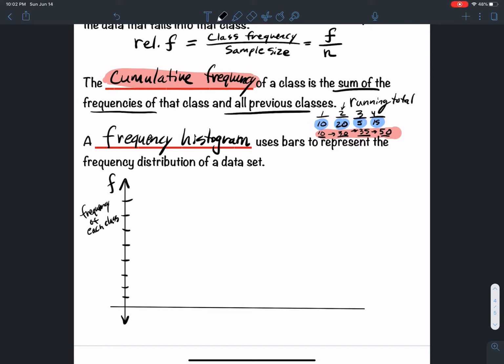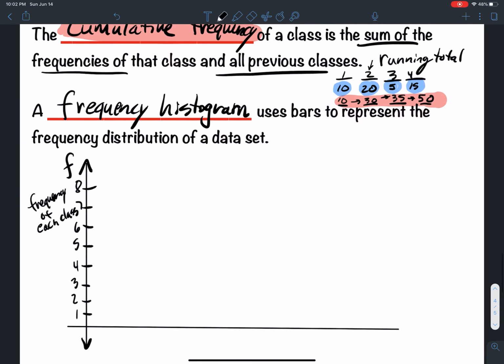I'm just going to go up one more to 8. Doesn't matter, as long as you get at least 7. 1, 2, 3, 4, 5, 6, 7, 8. Okay. And now,